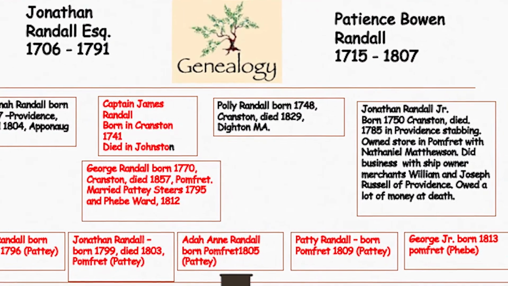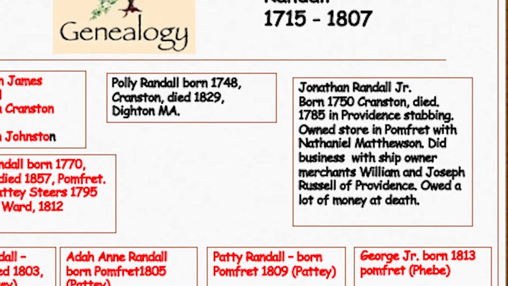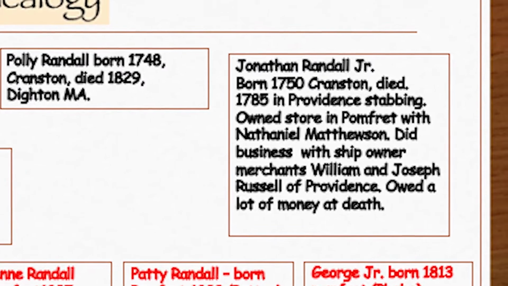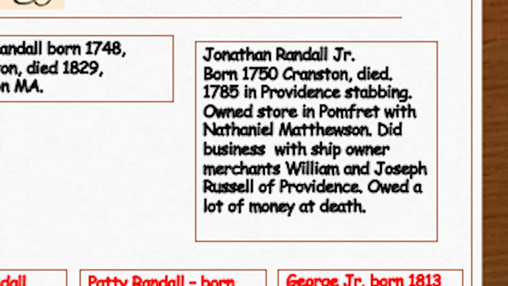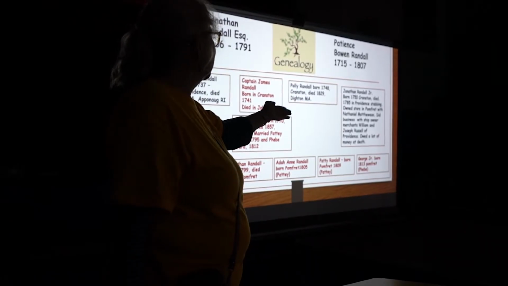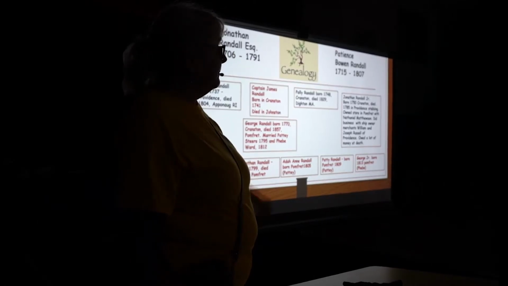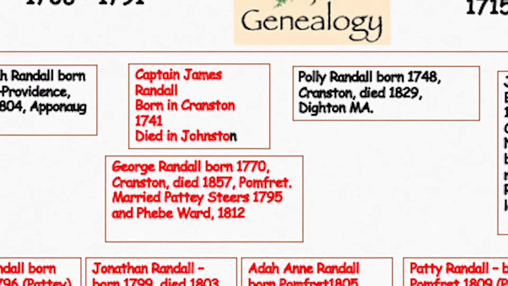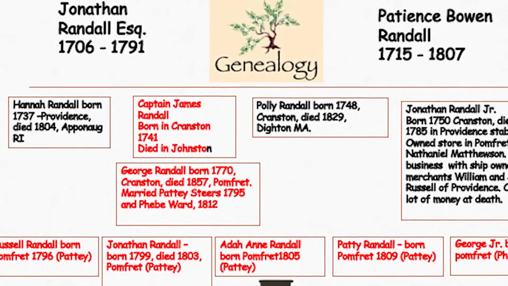Jonathan Randall was the only other son, and Jonathan Randall was supposed to inherit the estate in Pomfret. Jonathan was heavily invested in this farm. He had brought his wife, Amy Sprague, out here. They were married here in 1778. When Jonathan Sr. dies in 1791, there's nobody that he can pass the land on to because James doesn't want it. So it goes to George, James's son. And so George and his descendants are the ones that hold on to that farm for the next 100 years. And then there's a mystery.